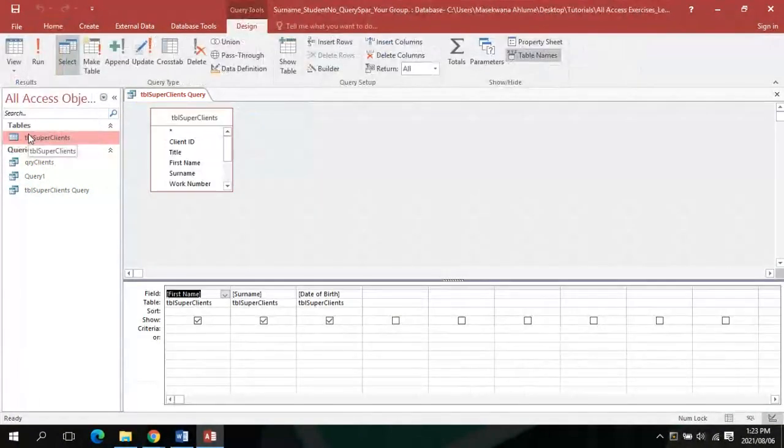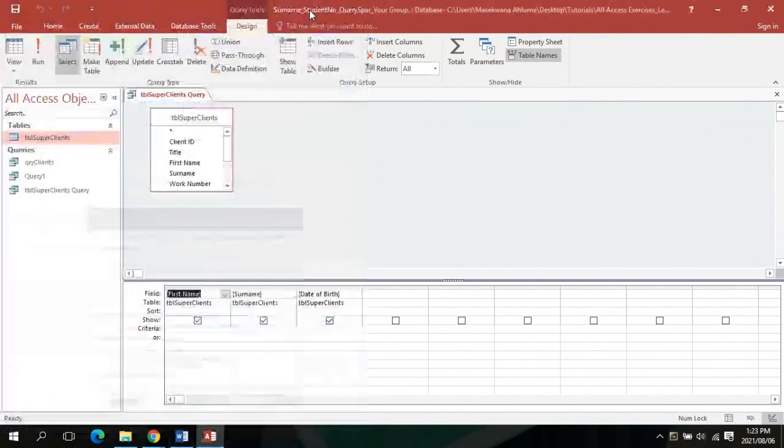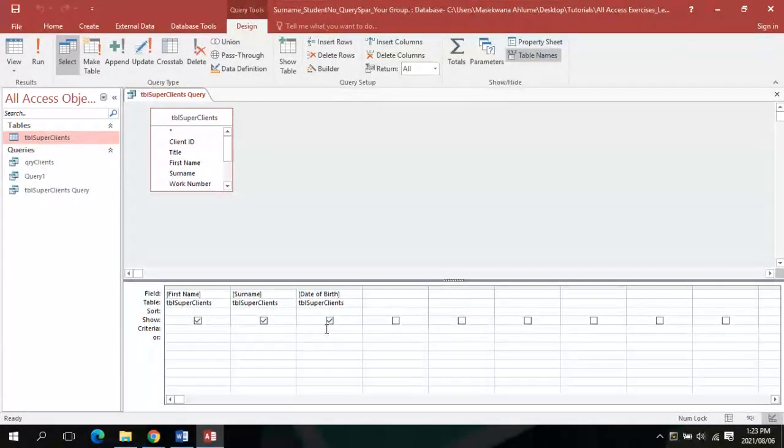And then you go to modify your query under design view. And then we go to design view. And then the question said we have to modify as follows, which is we have to show only those that were born before the 1st of January 1975. And how do you show that? You go under date of birth. You see where my cursor is? Under the ticked box. And then you're going to write the first. You see, oh no, before you write the first, you're going to write less than,